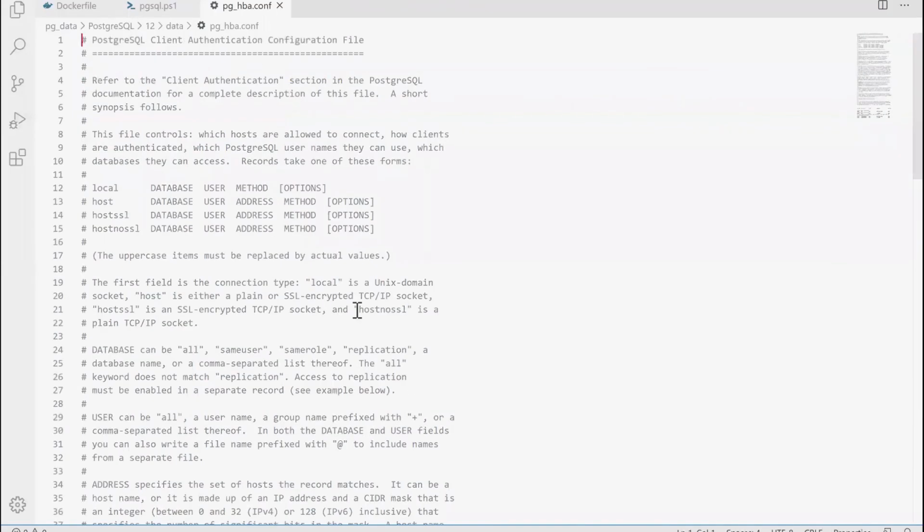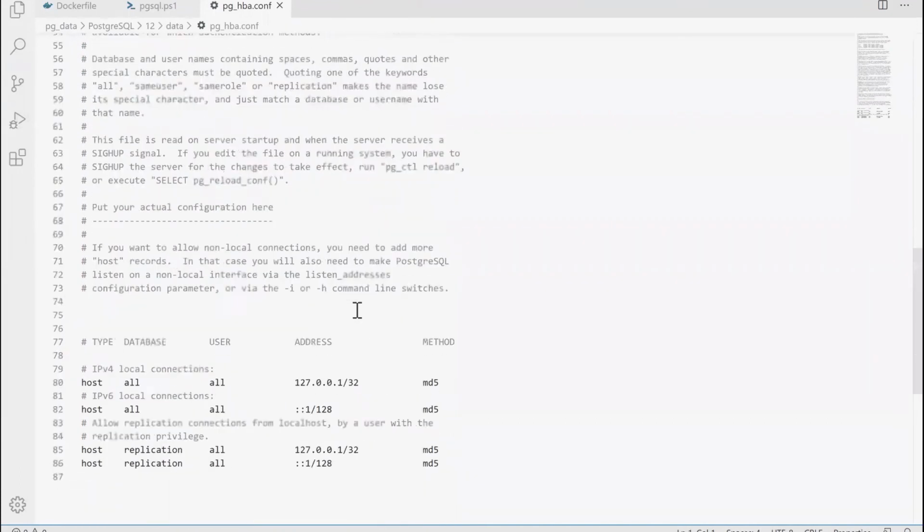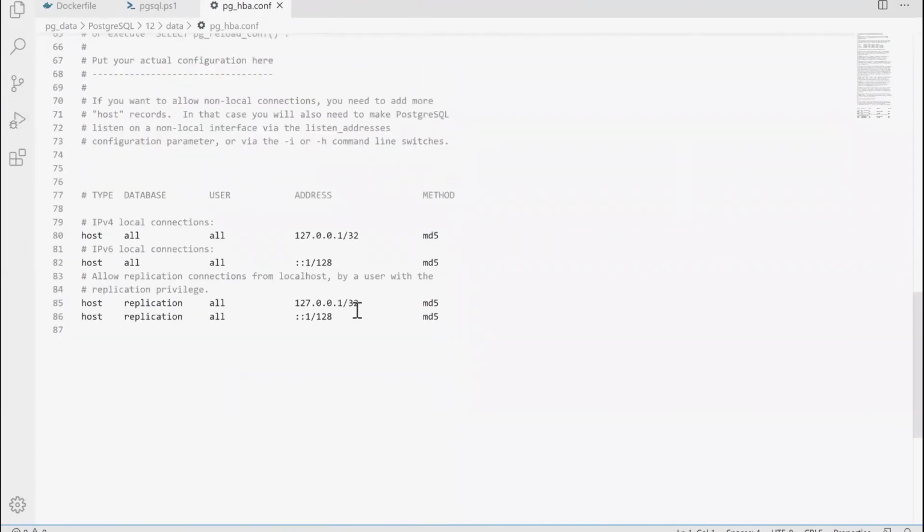So this is the configuration file. In this file, we need to allow the connections. Here you can see, as of now, IPv4 connections are allowed only within the Docker container itself.